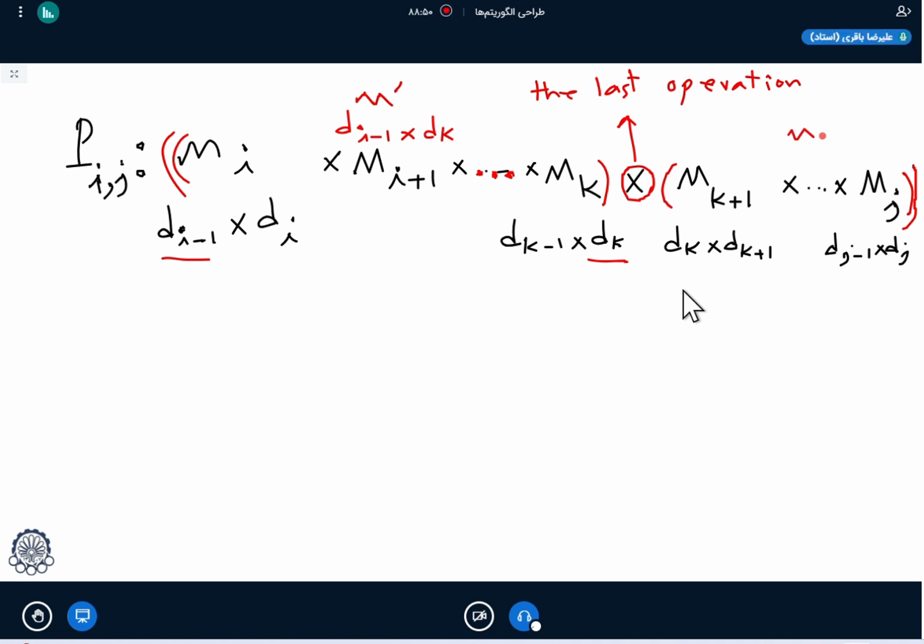For the right side, suppose the result be matrix M double prime. This matrix has dimension dk and dj, because when we multiply,